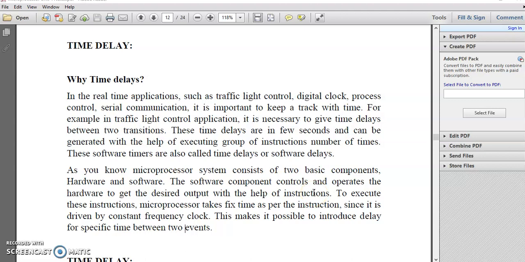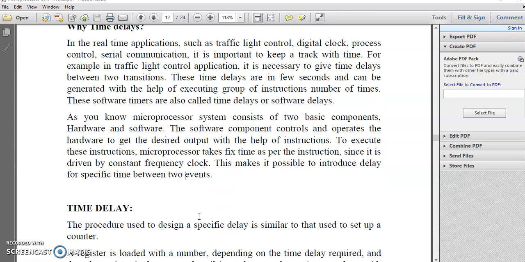Each clock cycle is called a T state in microprocessor. So to execute these instructions for time delays, the microprocessor takes fixed time as per the instruction, since it is driven by a constant frequency clock. Obviously, it will depend on the clock frequency of the system.